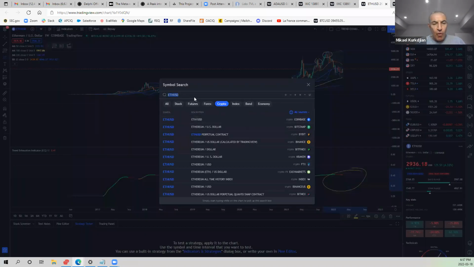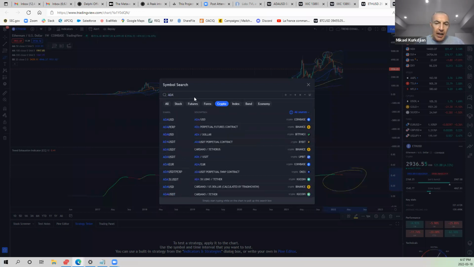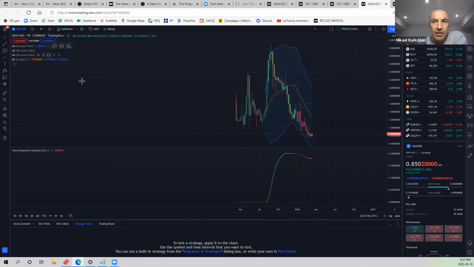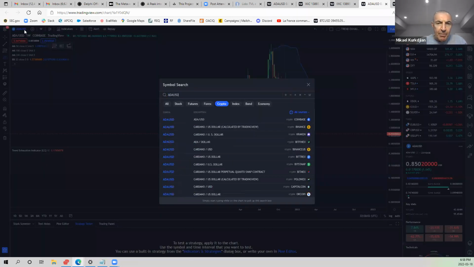I'd like to do this exercise for one more token as well. Maybe we can use a token that also has historical data. I'll go with Cardano, because Cardano is again a layer 1 protocol, and it does have historical data. And let's test it to see how it behaves with